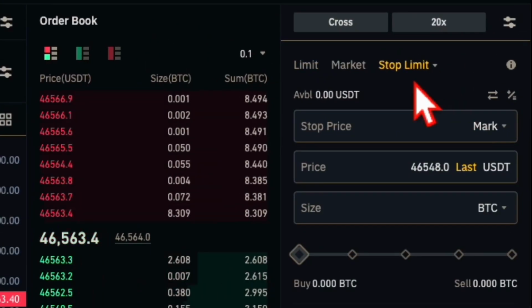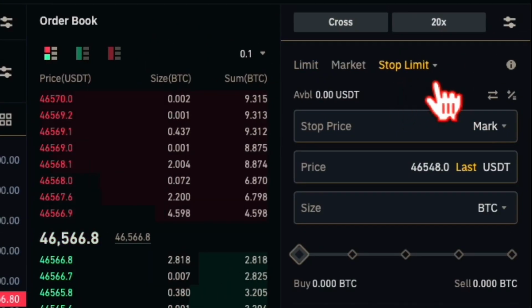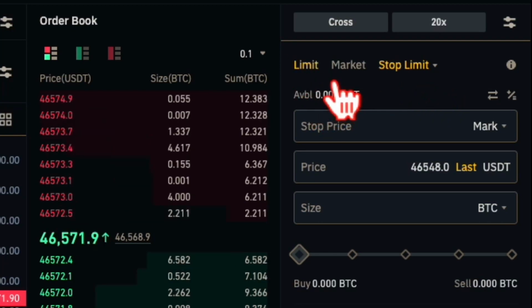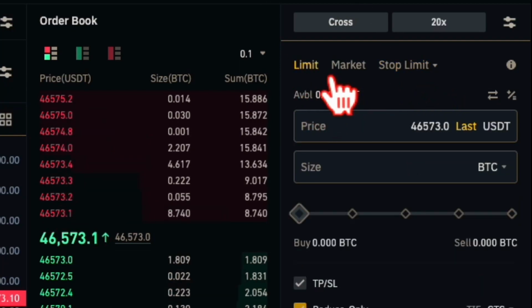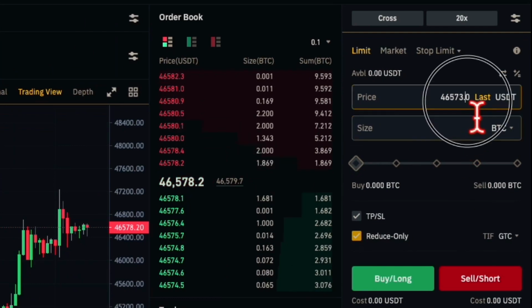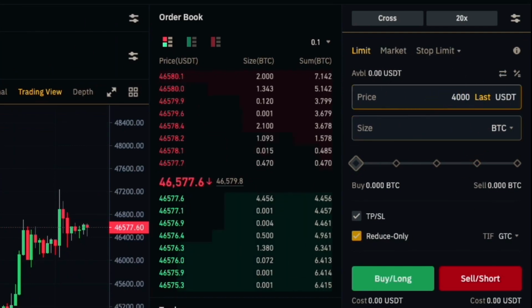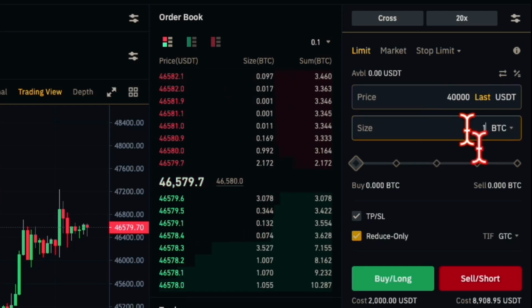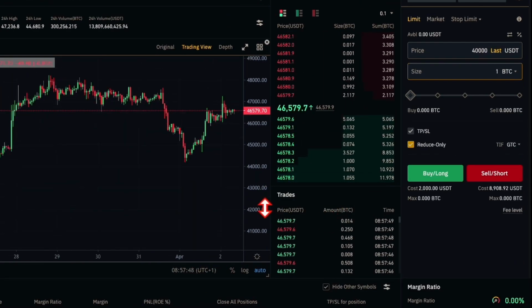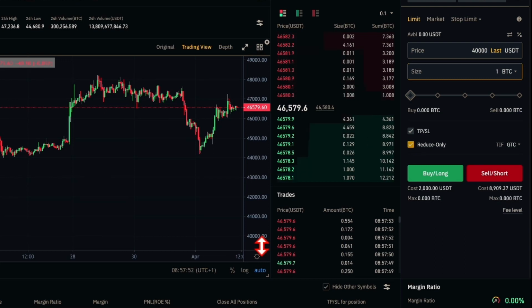A stop limit works in an exciting way, which means it has a limit and it has a stop. Now, if I go back for a moment to how limit works again, I want to sell when the price is $40,000. I want to sell one Bitcoin when the price is down to $40,000. Here, $40,000, that's where I want to sell. The way limit works, it doesn't mean that it will sell for me when the price is down. No, it simply means that my position will be initiated. My position will be triggered.